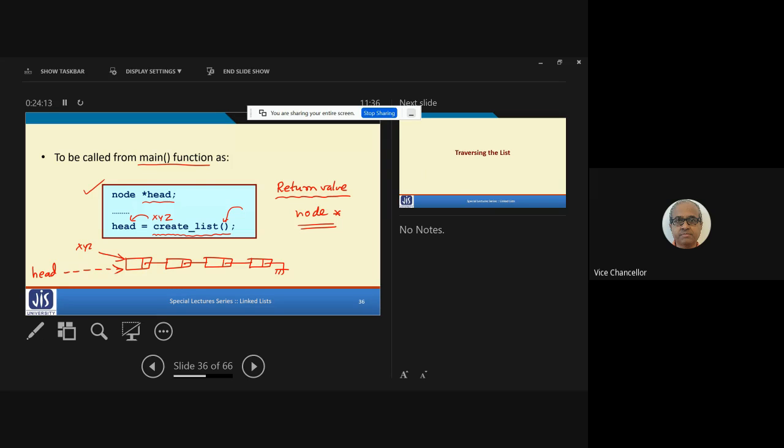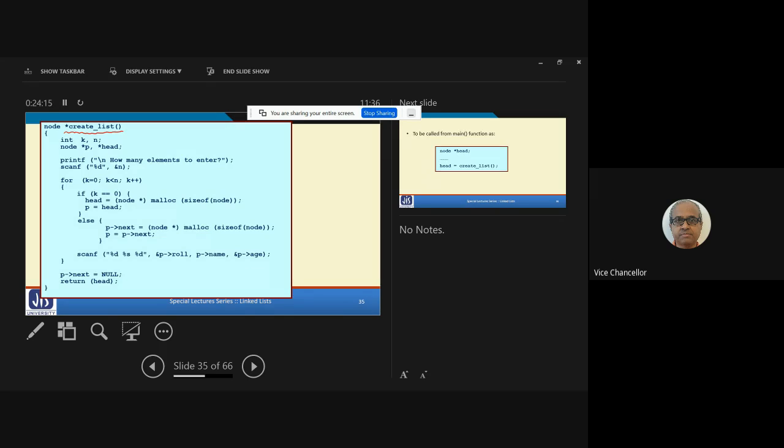Okay. With this, now if you go back, it will be easier to understand. You see, in the function createList, there are no parameters, but the return value is node star. So it returns a pointer to a structure of type node. Now there are some variables we are declaring. n is the number of nodes. How many nodes do we want to enter?